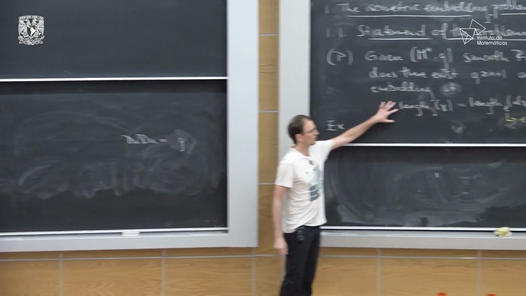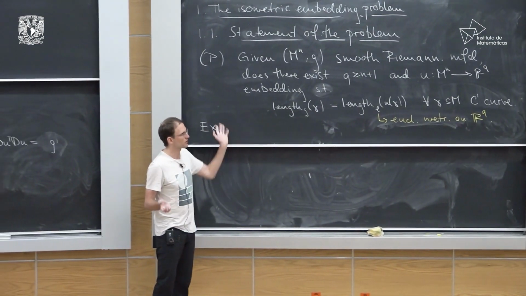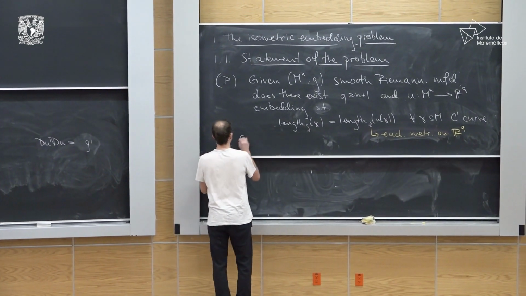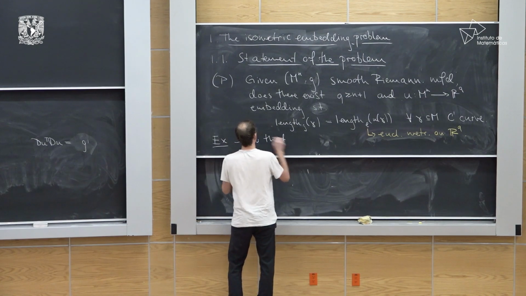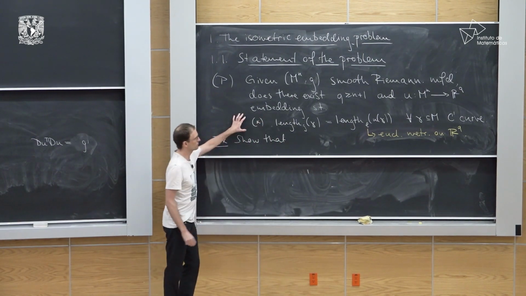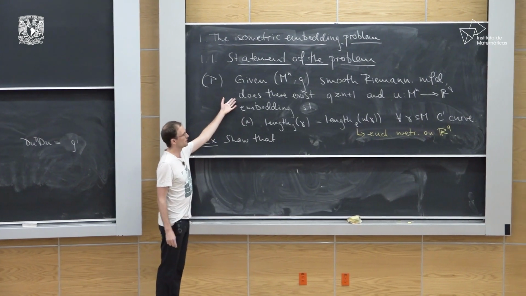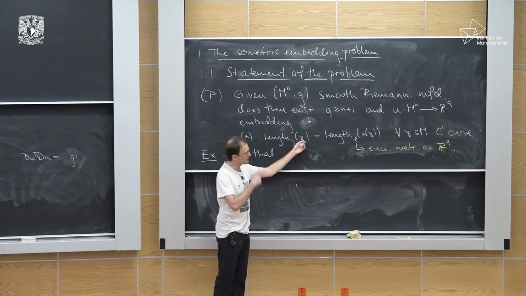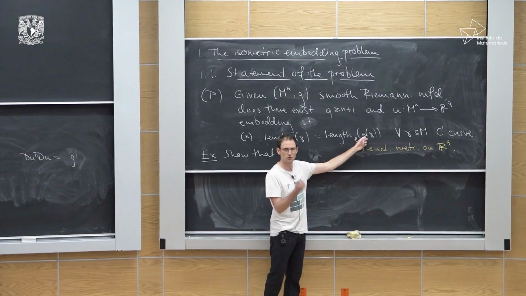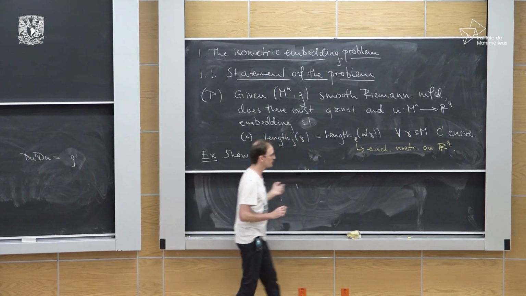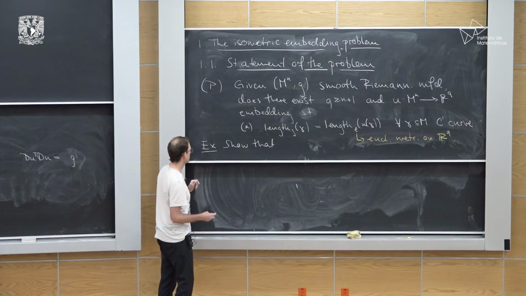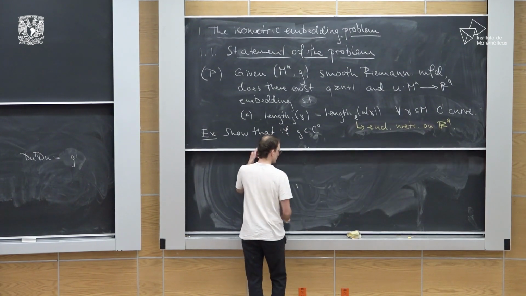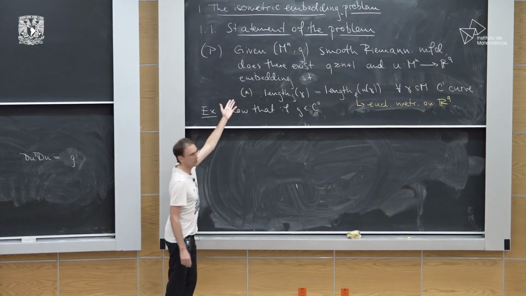This condition on the length is equivalent to this condition if you're regular enough. So if G is continuous, if u is C1, I'll show that this condition, which is a bit tedious to check. If you want to find such a map, an isometric embedding, you have to take any curve on the manifold, compute the length of the image curve, and see if these two agree. So this is very tedious to check, but this exercise showed that if G, the Riemannian metric, is continuous, and by definition my embedding is a C1 map,